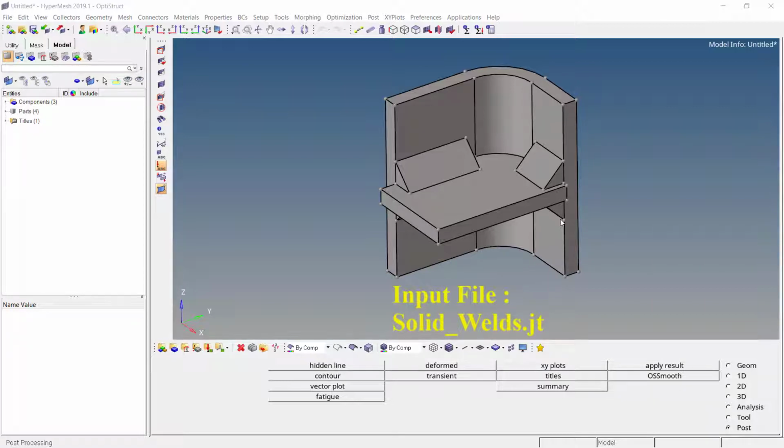Since in this session we are going to create the solid weld, first question you might ask: how can we decide whether to create the 2D or 3D weld? To decide that, you will have to ask yourself a few questions. One of the major questions is how the two components have been manufactured. Mostly we prefer the solid weld whenever the components are made up of casting and we want to connect these two components through the weld.